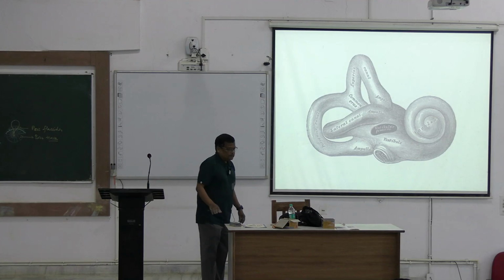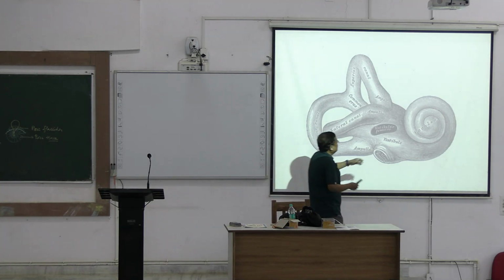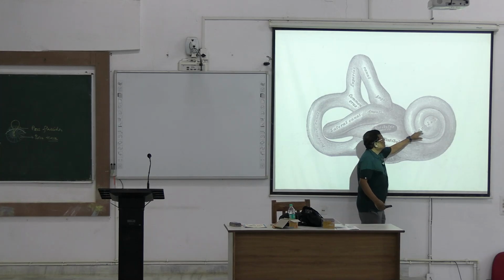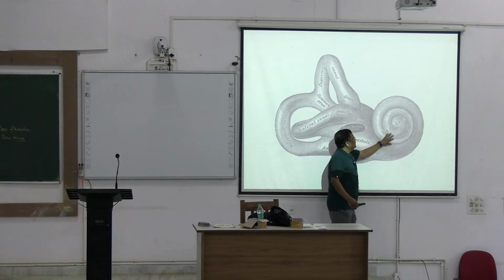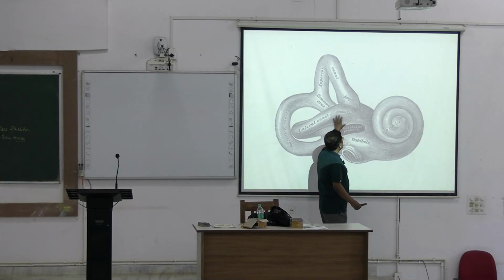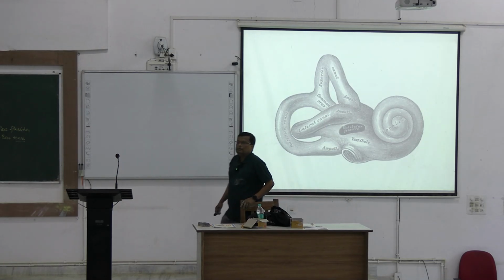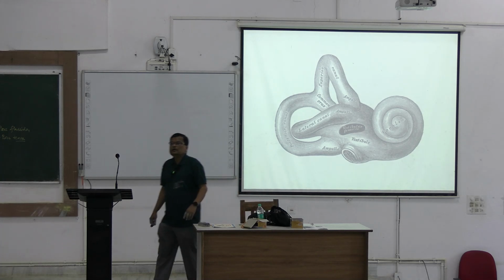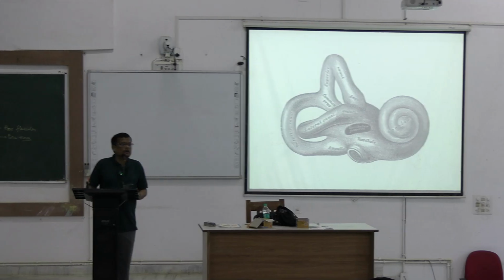এবার বনি স্ট্রাকচারটা কি কি দেখি। বনি স্ট্রাকচার হচ্ছে, ডিটেলস এখন হবে না, জাস্ট যতটা লাগবে। ককলিয়া, লাইক এ শেল, 2 and 3/4 turn, bony cochlea which leads to vestibule, and vestibule leads to 3 semicircular canals, anterior, posterior and lateral semicircular canal. Anterior টাকে অনেকে superior semicircular canal ও বলা হয়।